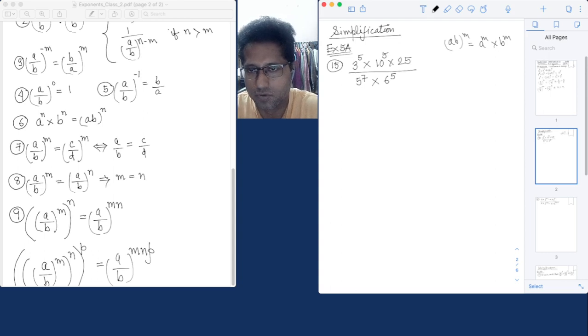So AB, you factorize that to a and b, and then you separate out a and b with the power. Okay, so now in this case, 3 cannot be broken down,